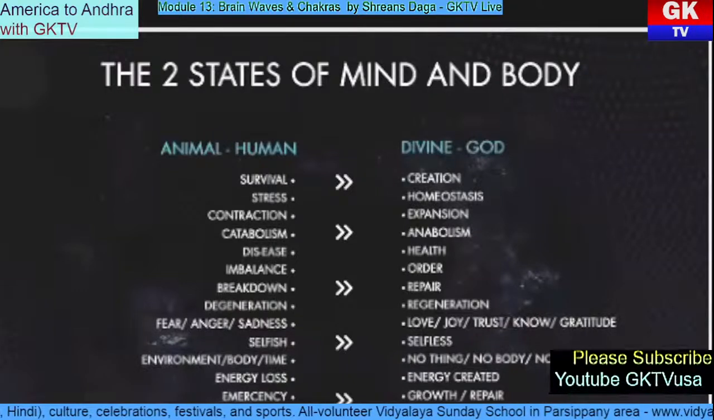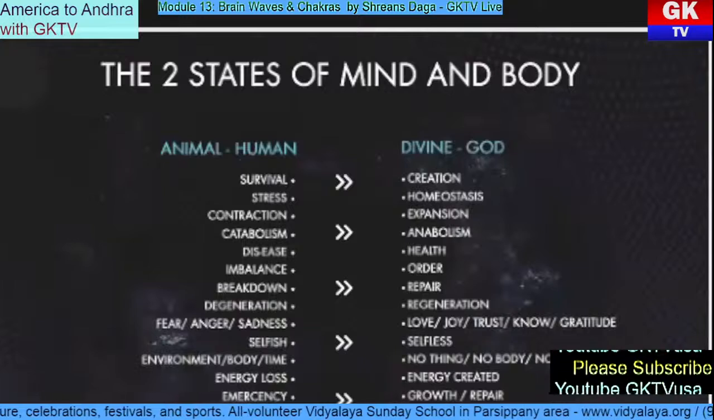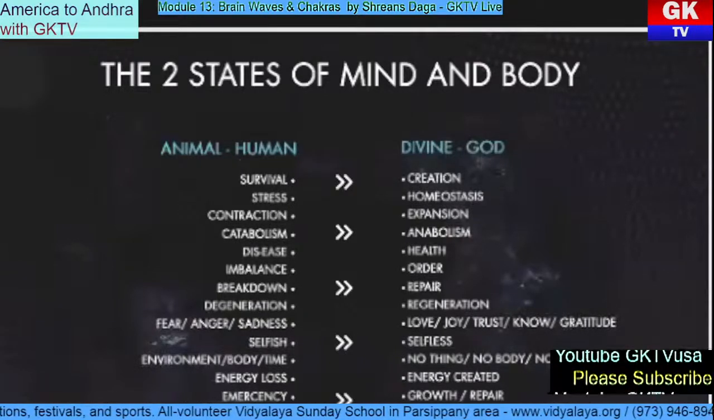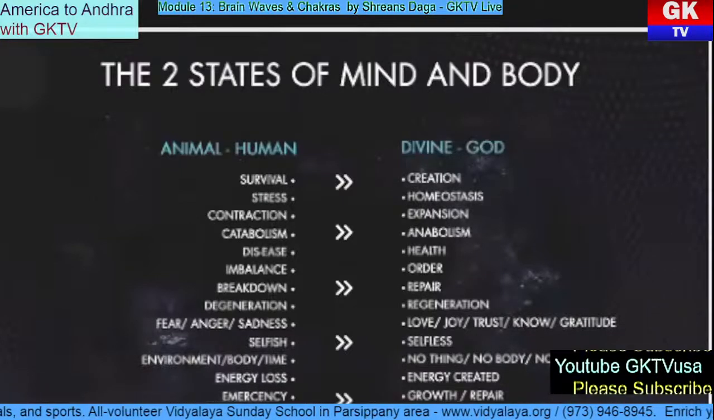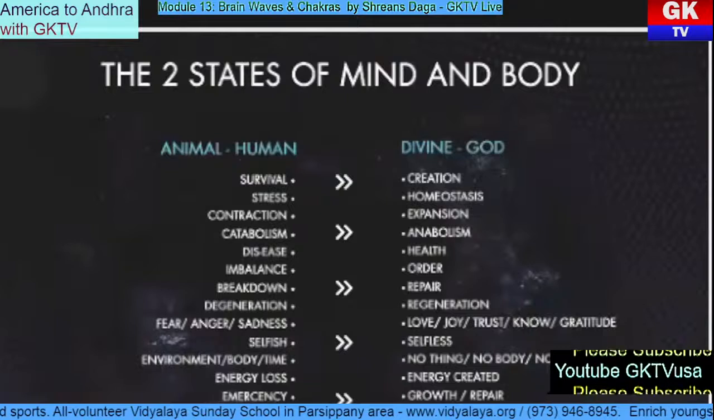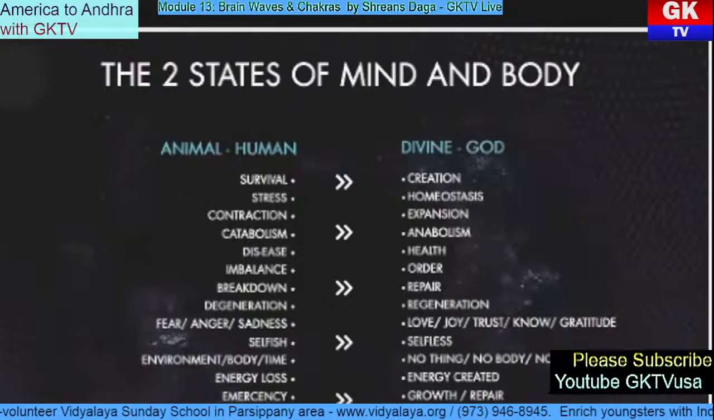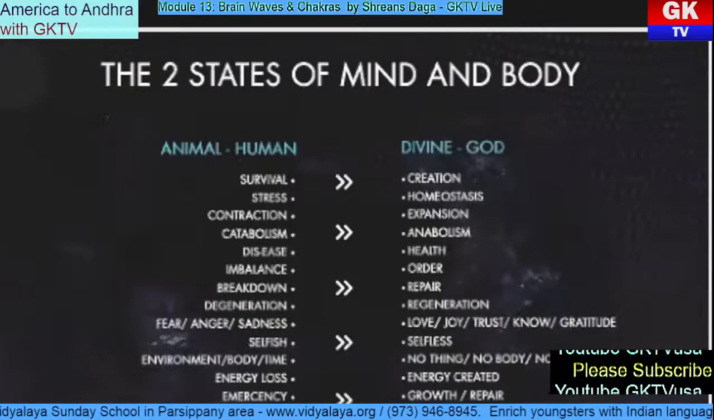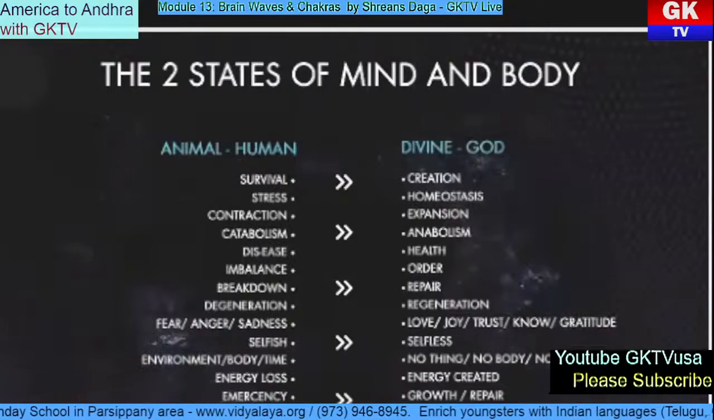states of mind and body. The first state is our animal and human self, and the second state is the divine or God self. When you are in the limited emotions, you are in the animal and human stage, you are in survival mode, you are in that fight or flight nervous system mode. And as you move into the divine or the God self, you move into what we call the creation